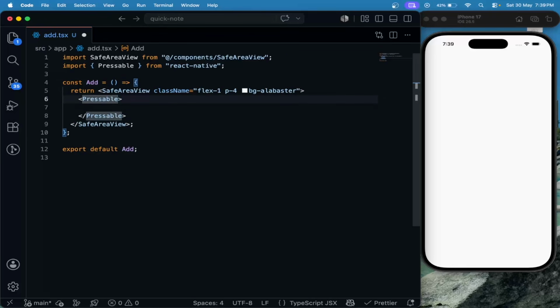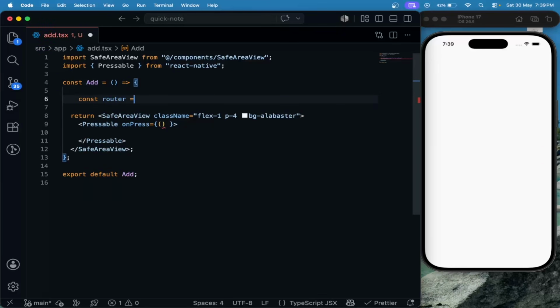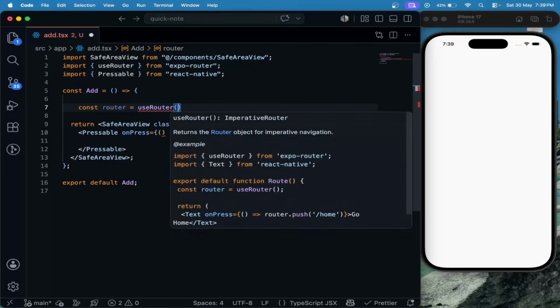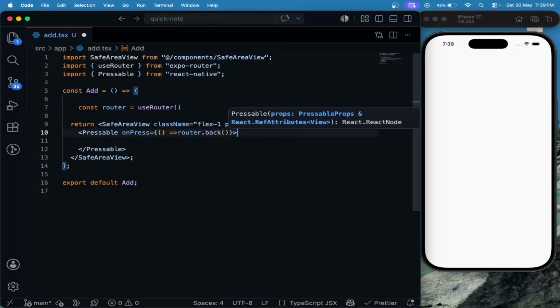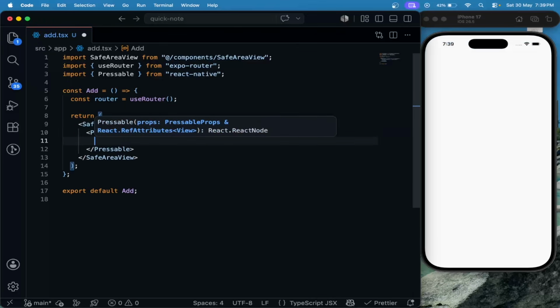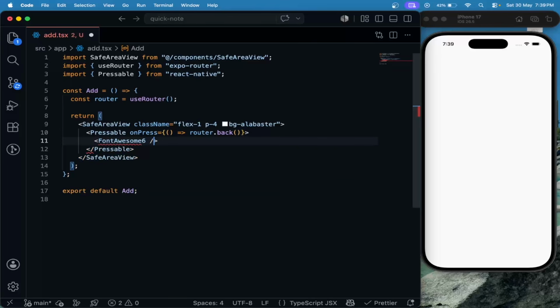Currently I am building the back button, so I will say on press we need to send the user to the back screen. Let's import this useRouter which is coming from Expo Router, and you can use this for navigation purpose. So we will say router.back. Then inside this pressable we'll use this FontAwesome6. Let's give the name as chevron-left, size